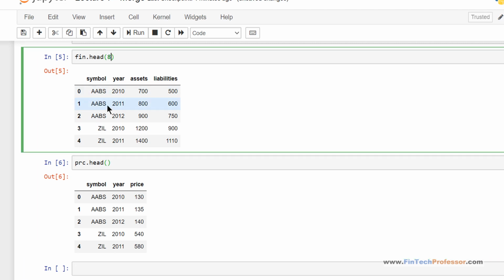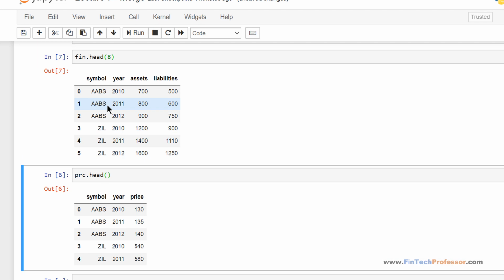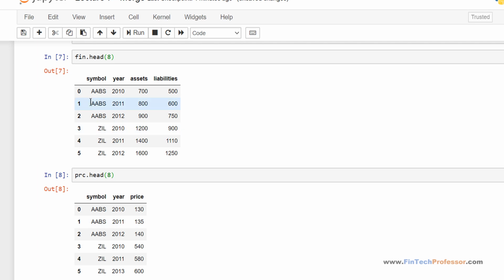Let me make it 8 so that we can see all the data points. So there are three observations for AABS, which are 2010, 11 and 12. Three observations for ZIL, 2010, 11 and 12. And then we have assets for both the companies in their respective years and liabilities.